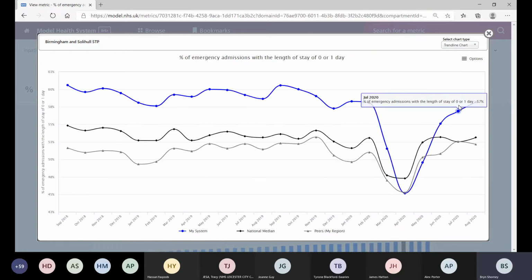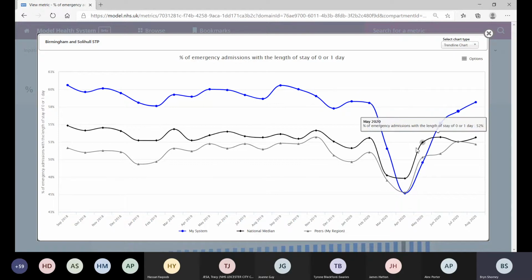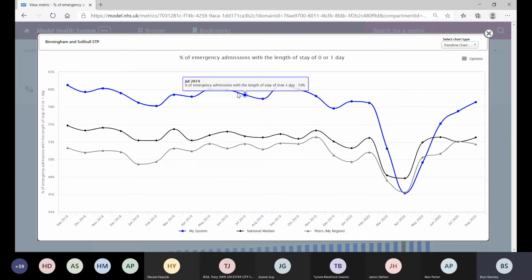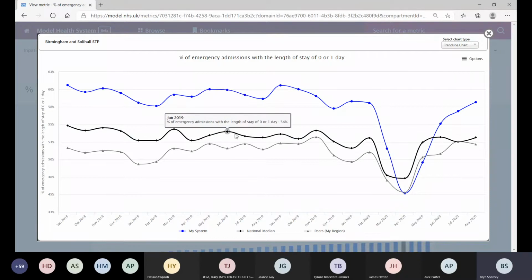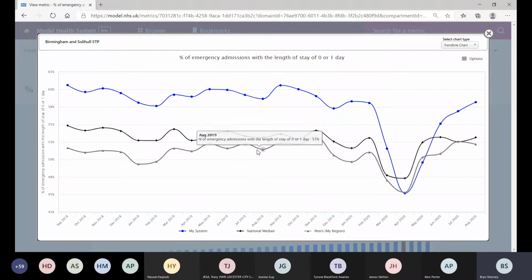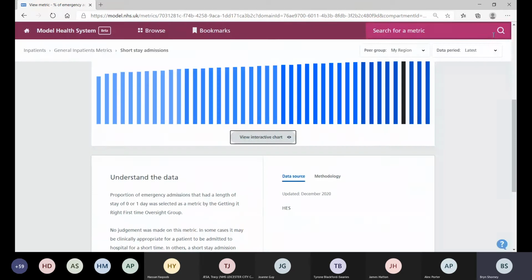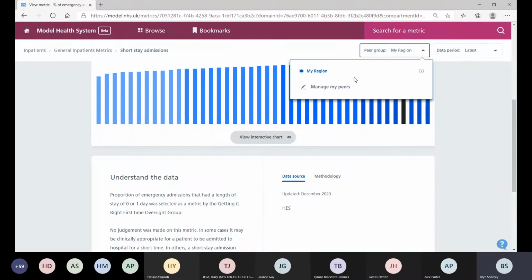You can view that trend line chart. So within here we've got the system, the national median, and then the regional peers. And as I say, you can alter that to be looking at the demographic peers as well, and that's just done via this peer group button here, which if you click on that,